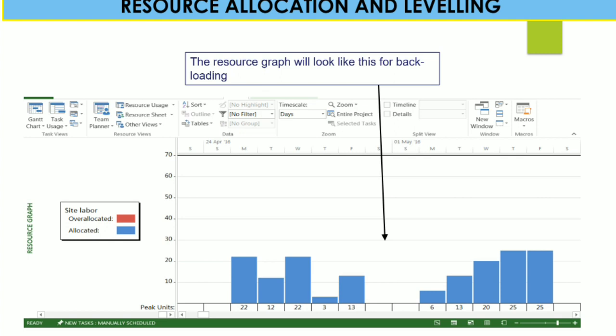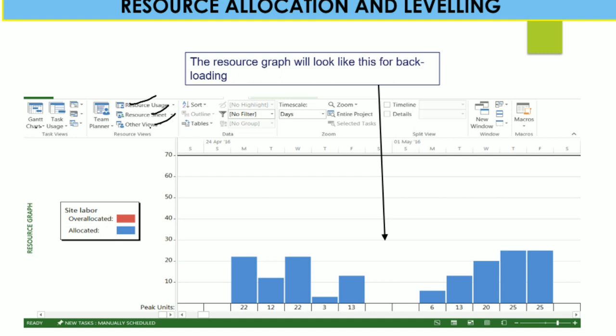Likewise, you can use this resource allocation and leveling, and use Resource Usage, Resource Sheet, other views, and the Gantt chart also. From the View tab you can use these, and the graph will show your activities, your project resources, and your over-allocation and allocation graph.